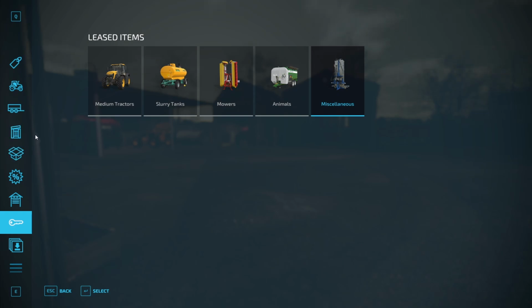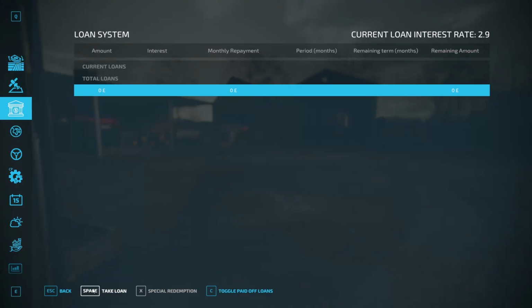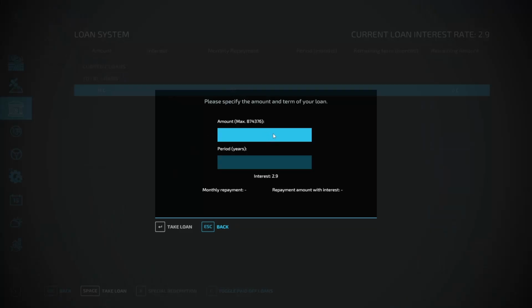The tractor that I'm looking at, I do have my eye on one. I know the price of that. So let's see. If we take a loan, and we know we need 330123. So that's actually still going to be cheaper. What if I then add the tractor that I'm looking at on? I do know the tractor that we're looking at. That, if we put that to a 10-year period,